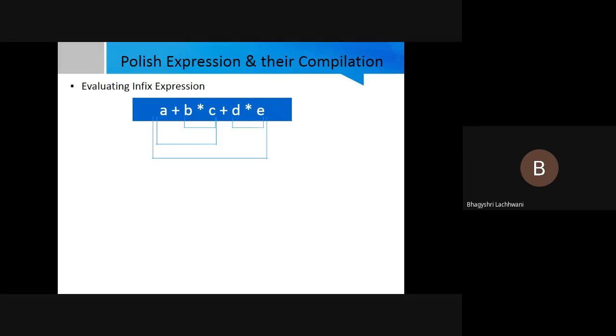So if we are talking about the infix expression, the infix expression has the format operand 1, then operator, then operand 2. Just for an example, A plus B. In A plus B, it is a type of infix expression. Why infix expression? Because the two operands A and B are on the left and right side, and in between the operator will be there. Just take this example: five operands will be there and four operators will be there.